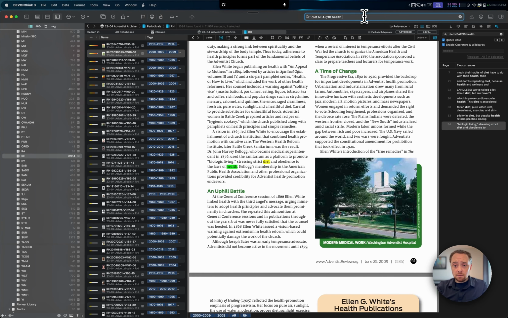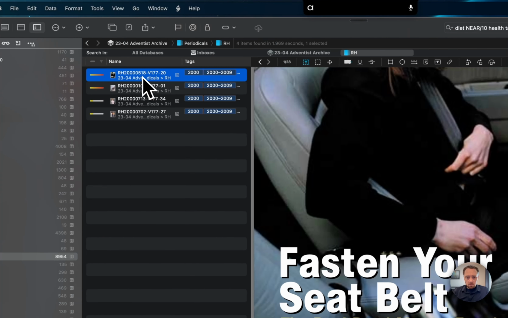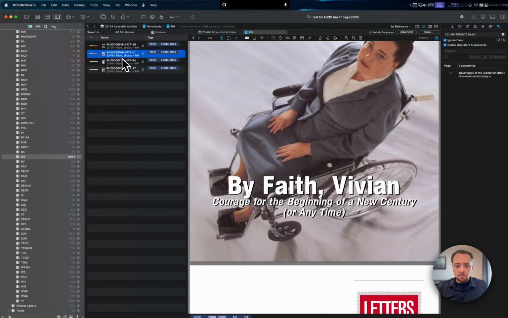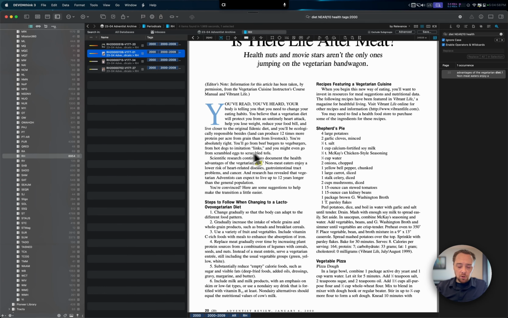Also, I can tag things. So I can say tags, and I only want, let's say something from 2000, and I can search in that way, and it will only search for magazine articles from the year 2000 where those results occur. Now, fair warning, sometimes it has false positives. What that means is that it will show a file and then you click on it and it doesn't show the full search. This usually only happens if you're doing a proximity-based search,